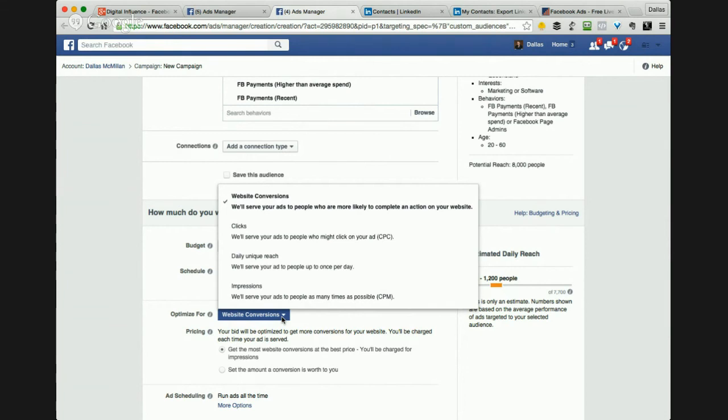And they've measured this over millions and millions of interactions per day, basically. They know which people are going to be the ones who'll download your product or sign up for your webinar. Choosing website conversions here, if you want conversions, will give you a higher click rate. You'll actually pay more per click, but your overall cost will be lower.